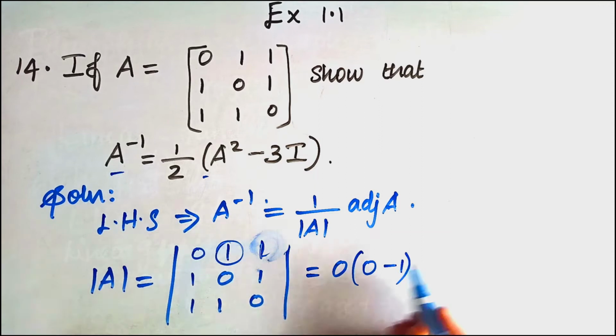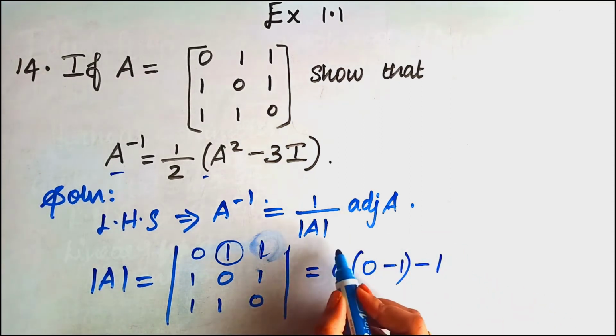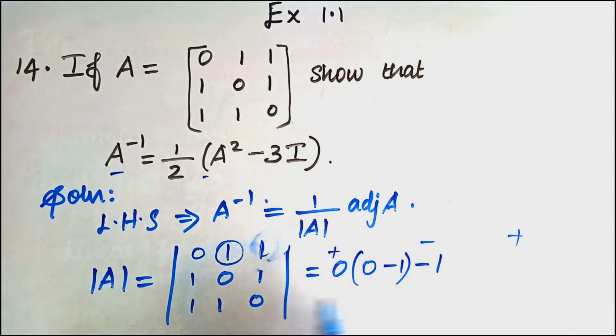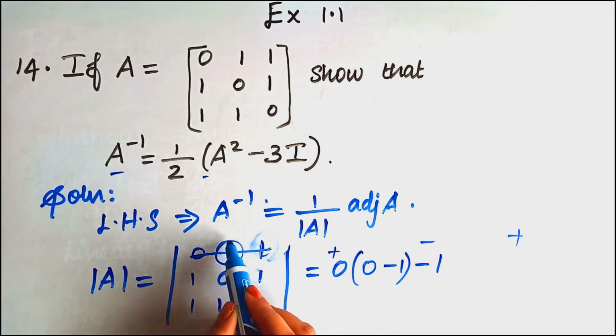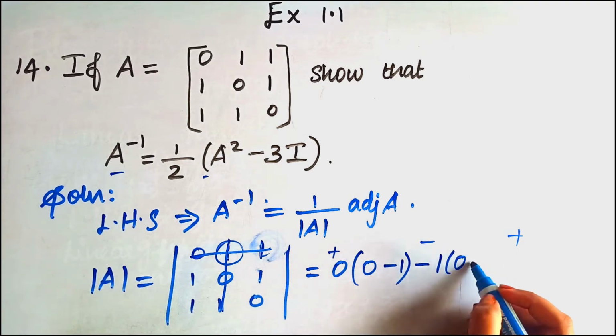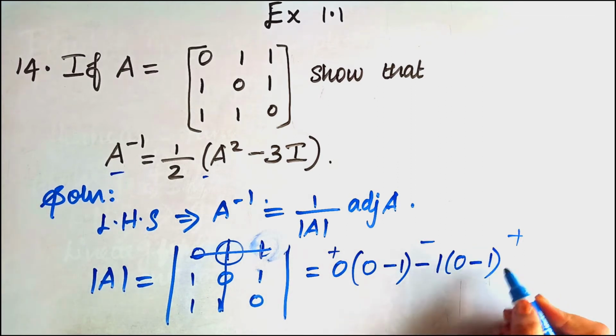here it is 1, we have to put a minus sign here because we need to understand an alternate sign must be used while finding the determinant of A. Okay, now we have to cancel both horizontal and vertical values of 1, so that we'll get 1 1 0, 1 1 1 and 0. Now we have to cross multiply it, 1 into 0 it will be a 0, we have to put a minus sign here, and then 1 into 1 it will be a 1.